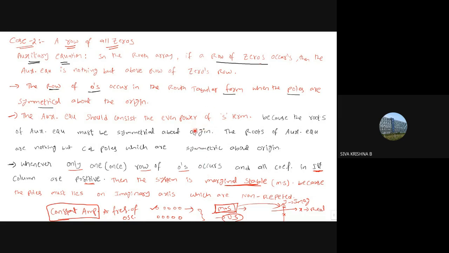Okay, ee auxiliary equation enduku form avutundante, if there are any symmetric poles in the given equation then this will happen. That means when the poles are symmetrically placed about the origin, then a row of zeros occurs. Whenever poles are symmetric about the origin, at that time you will get a row of zeros possibility in the Routh array table. So ela vachinappudu em cheyali, and what about these roots, ela place cheyali? Whenever you have a row of zeros occurs